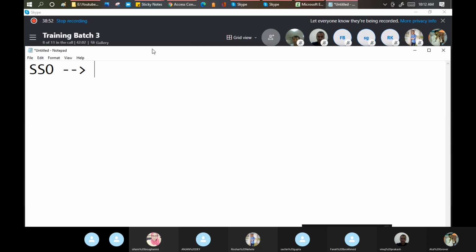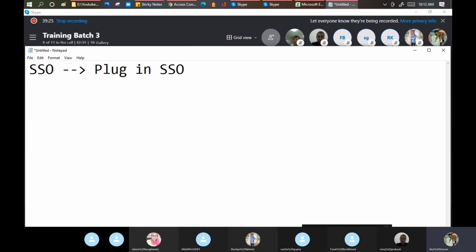It means if I am an employee of a company, as soon as I log in to my laptop, all the things should be auto logged in with the same username and password. That is called SSO. And SSO is not enabled out of the box. We need to enable SSO in ServiceNow. How can this be taken care of? For that, we need to install the SSO plugin, which is available.